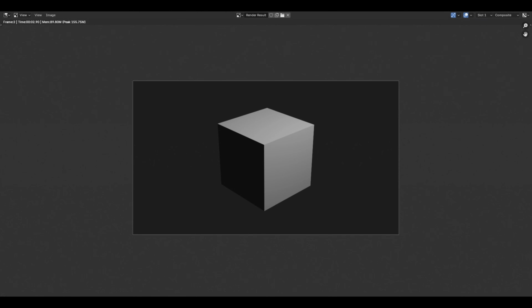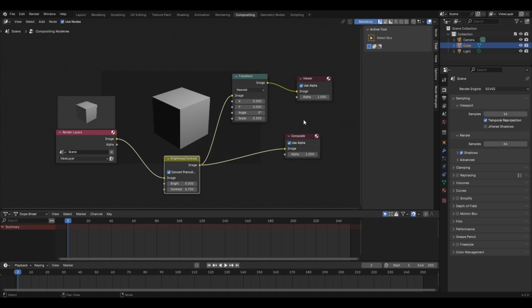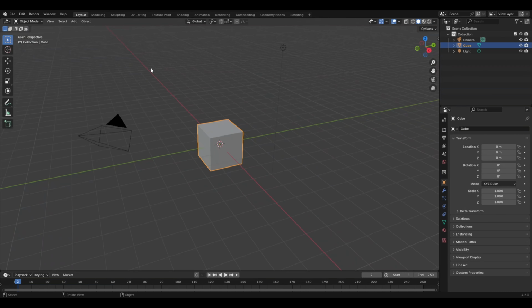Now let's close this window. Now with this we have learnt about the basics of compositing in Blender, and now suppose you want to use the same compositing nodes for some external image and not for the one that you render in the Blender file.